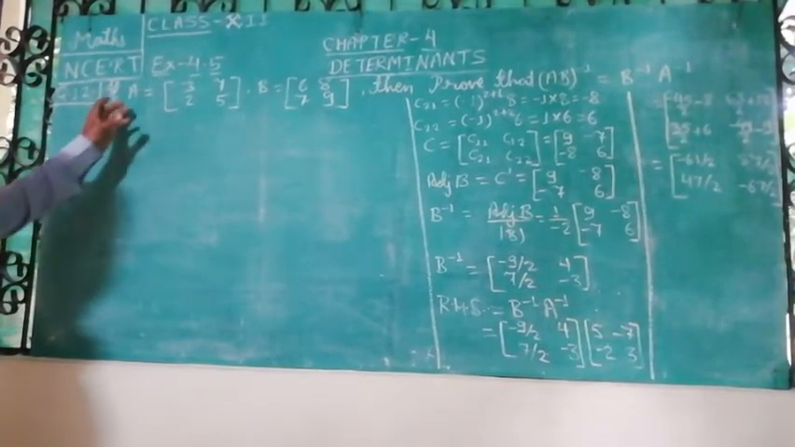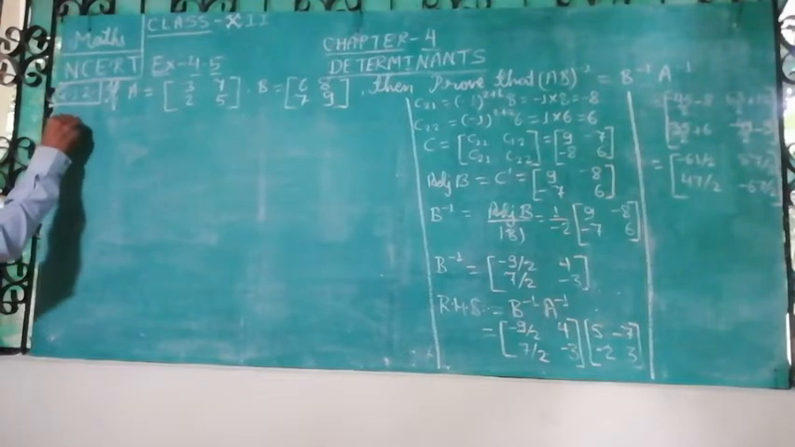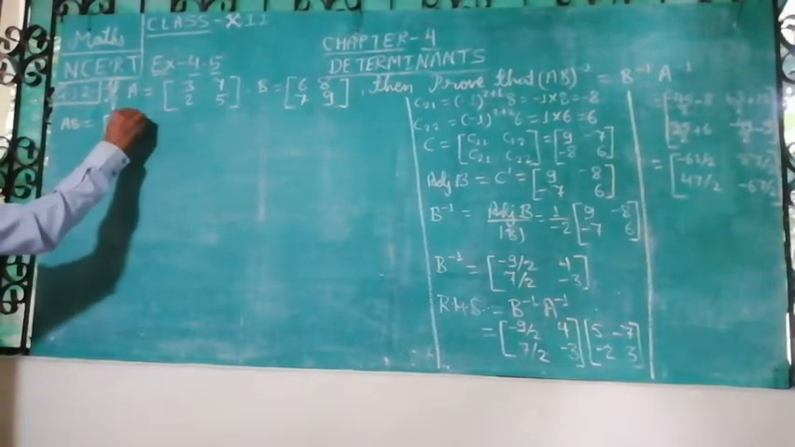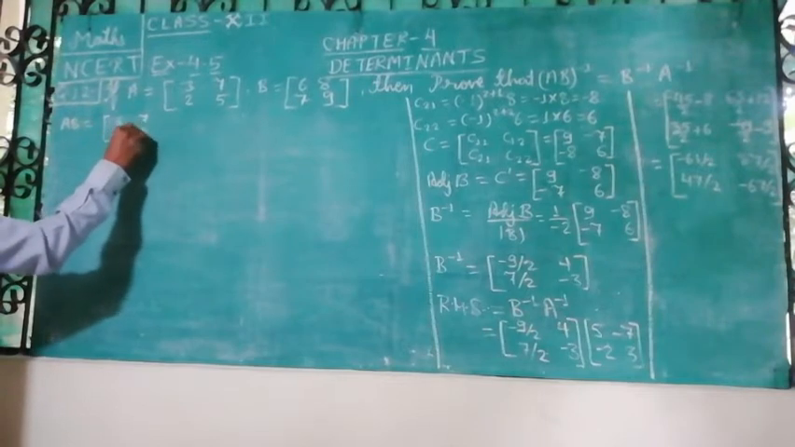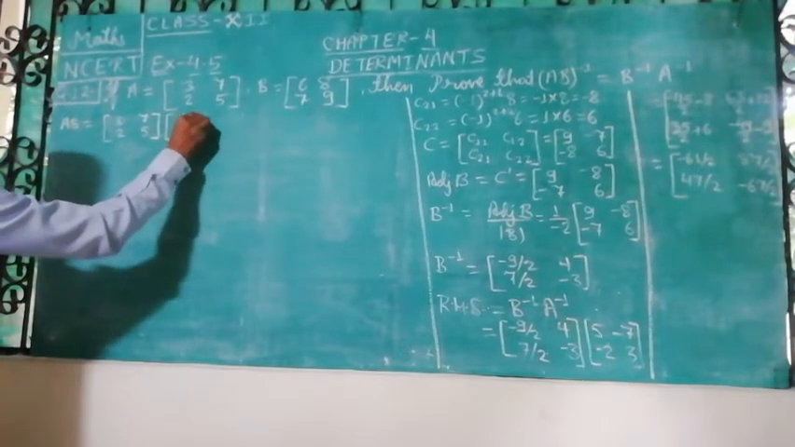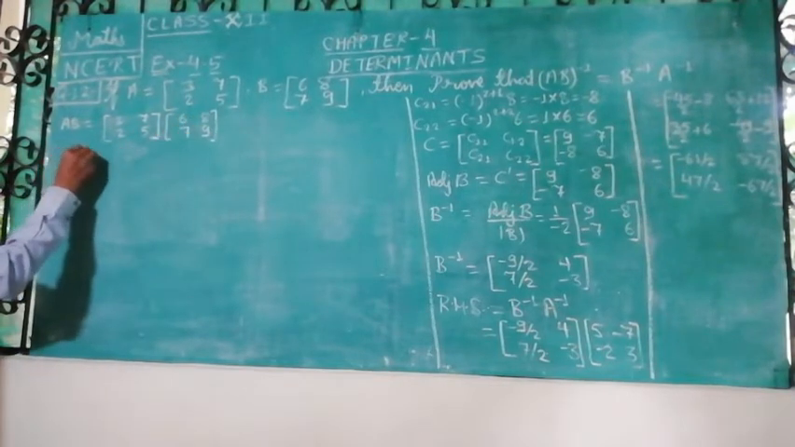Now see, I am determining AB. So AB is equal to what? Here it is 3, 7 and 2, 5, and in place of B, what is it? 6, 8, 7, 9. So it will be equal to